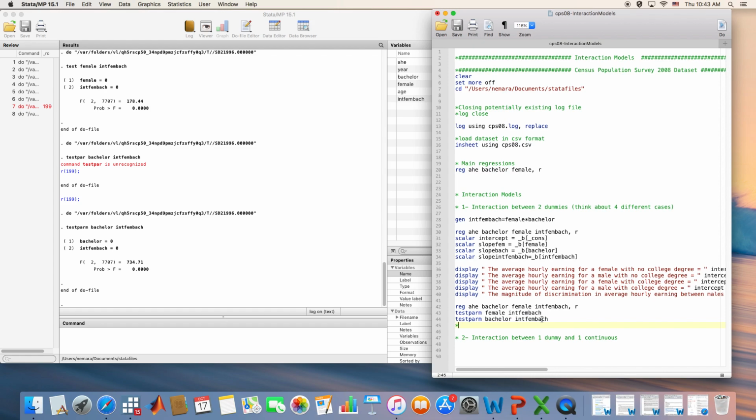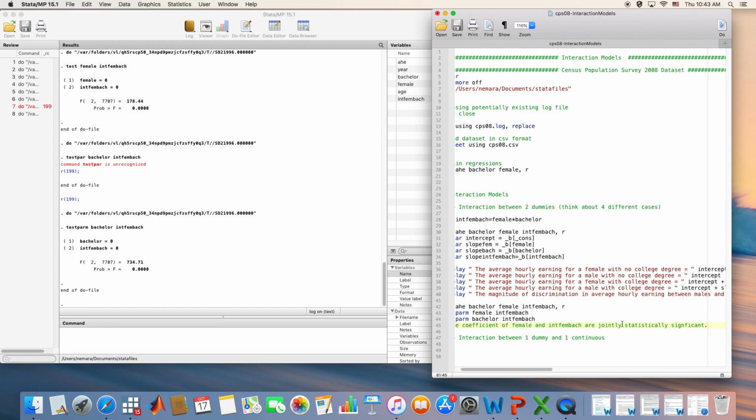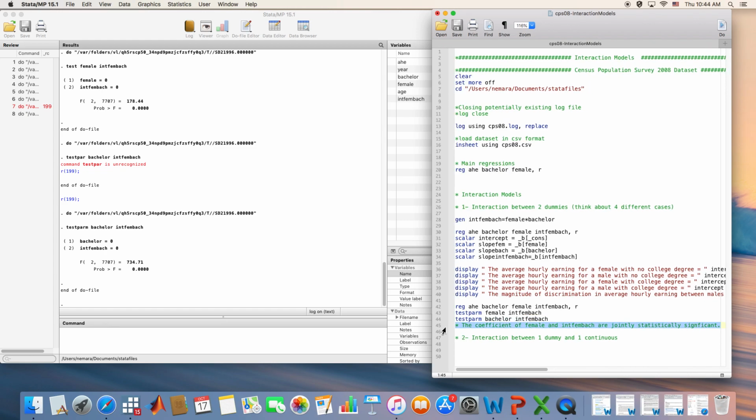So you can just write here the coefficient of female and interaction of female bachelor are jointly statistically significant based on the F test under all conventional levels. And the same also goes with the other coefficient, which is bachelor. So this would be a question about joint